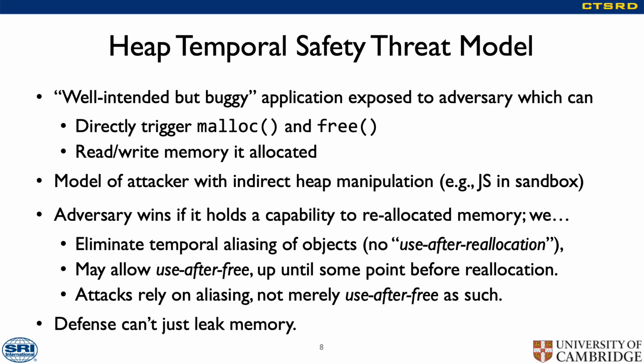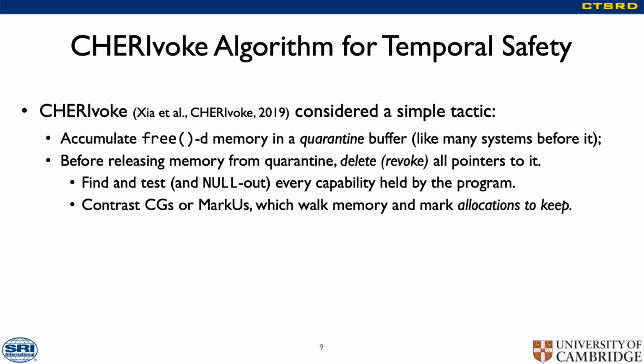Leaking memory on free satisfies our requirements, but we rule it out. In prior work, we assessed the feasibility of combining delayed reuse of memory with precise detection and removal of capabilities to free memory. The CheriVoke algorithm modifies heap allocators to collect freed memory in a quarantine state rather than immediately offer it for reuse. Once quarantine hits some size threshold, the application is paused and all memory is swept for capabilities. Every capability found is assessed to determine if it points into quarantine, and if so, it is replaced with a trapping value, such as null.